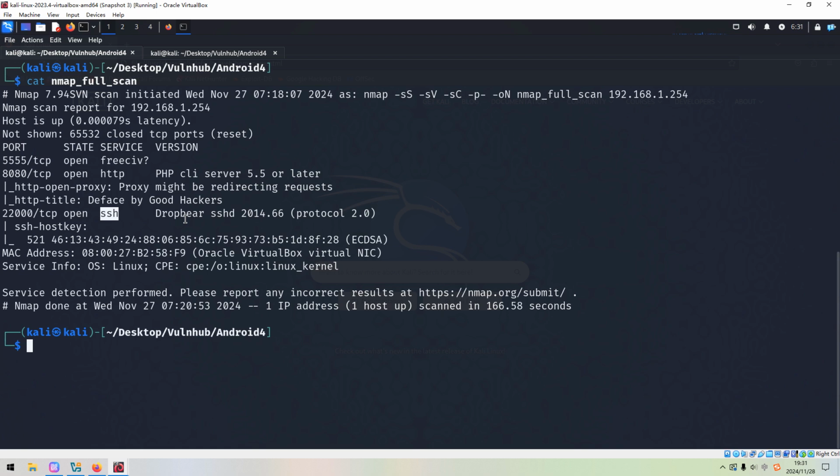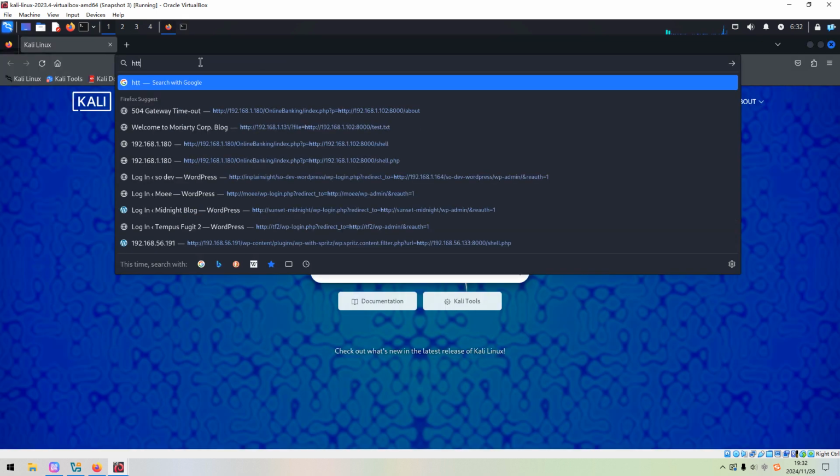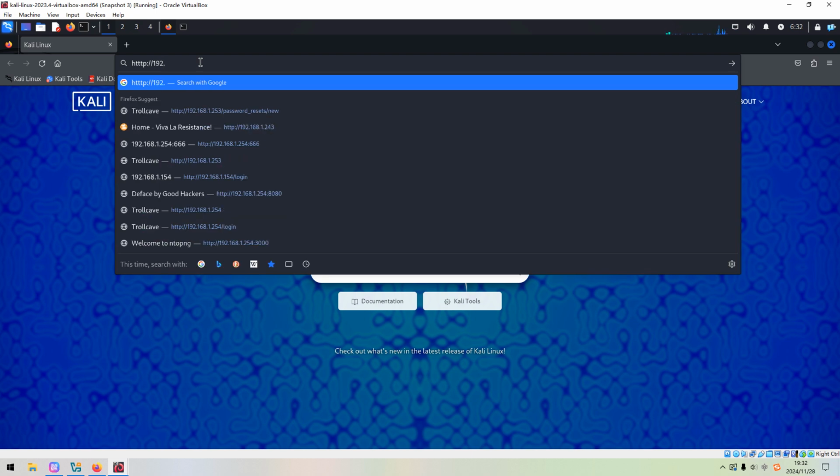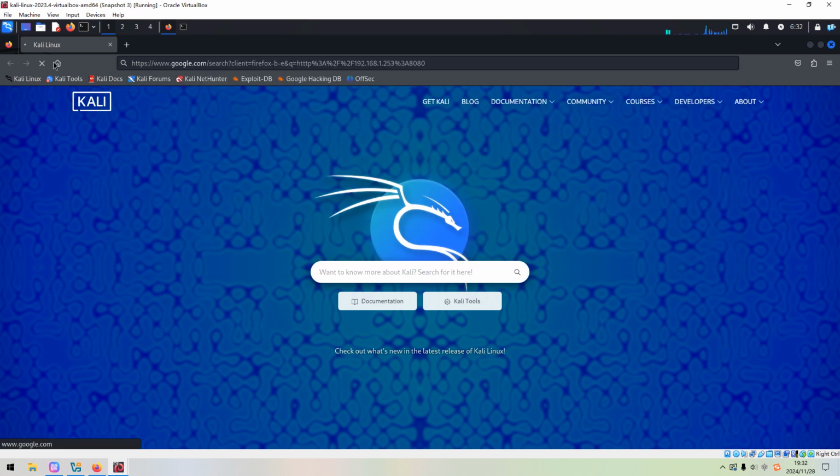Okay, so what shall we do next? We need to do enumeration with this port number first, because it's running HTTP service, and we can do such enumeration both manually and automatically. Let's fire up the browser to do the manual enumeration first. We can put the IP address of the target into the address bar, the port number 8080, press enter. But it doesn't work. So maybe I need to